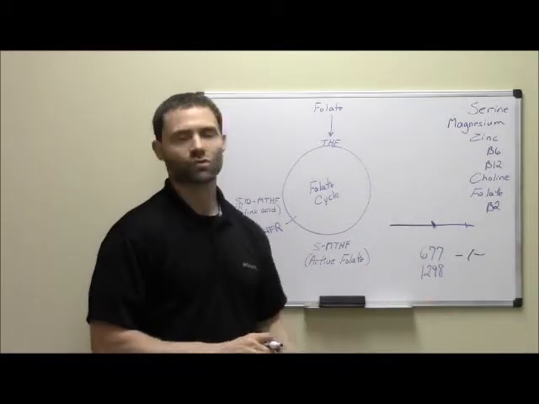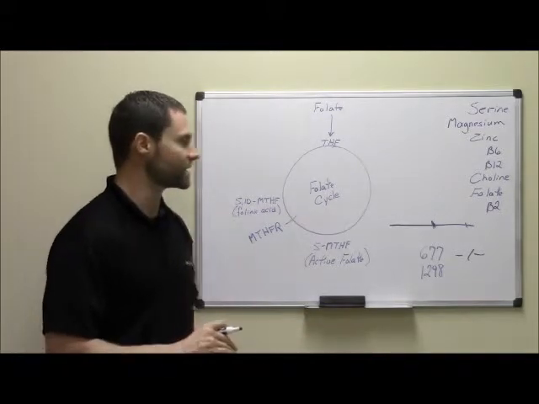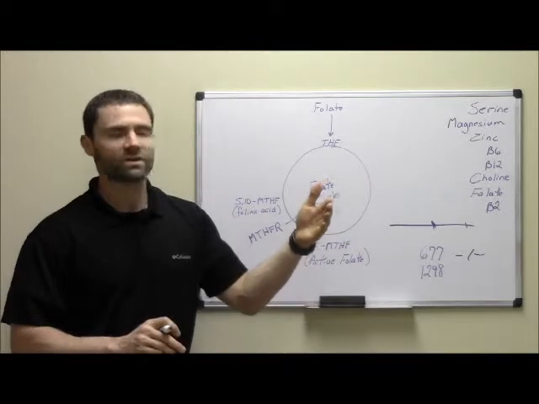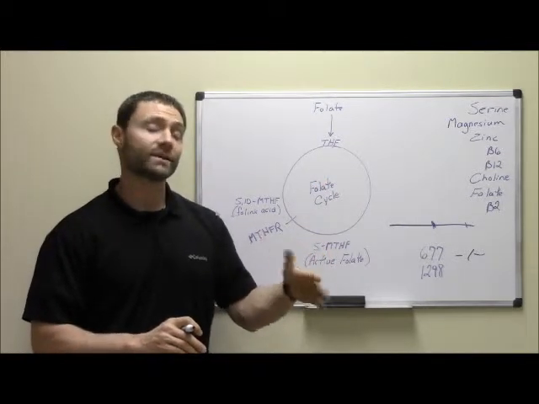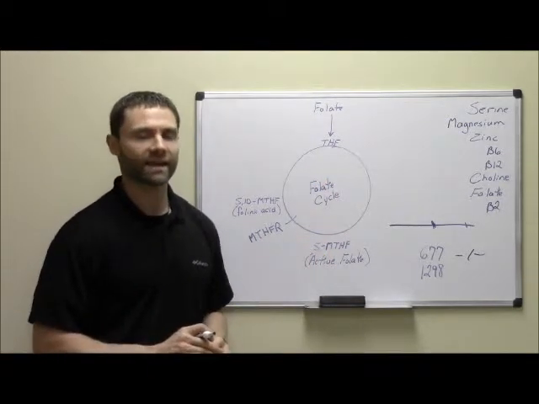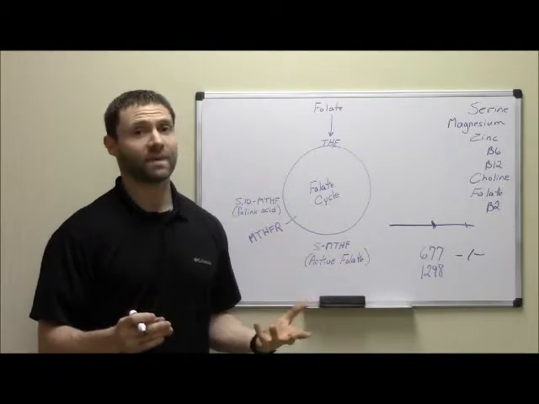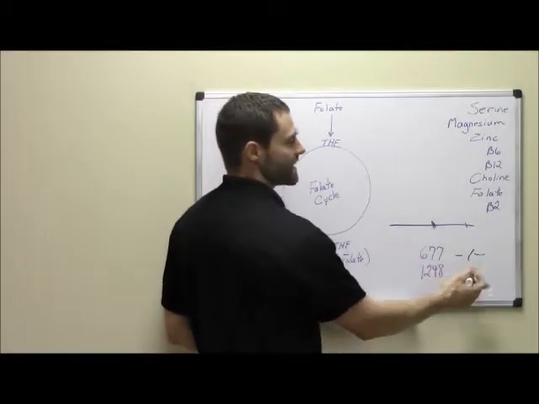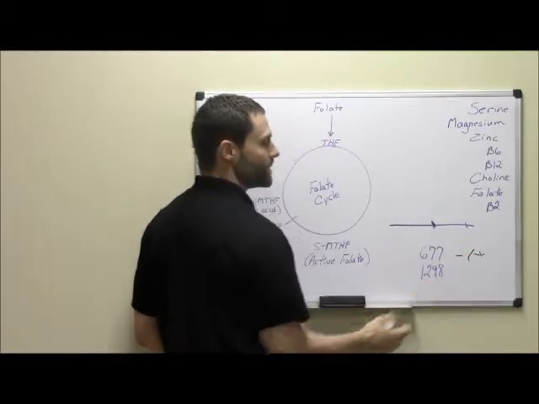You can have the same thing in 1298. These are essentially the options you have for any gene. So you can have what's known as a homozygous ideal pattern, or what would be termed a negative. You can have a heterozygous pattern, which we would note as a mixed pattern. And for 677, when we have a mixed pattern,